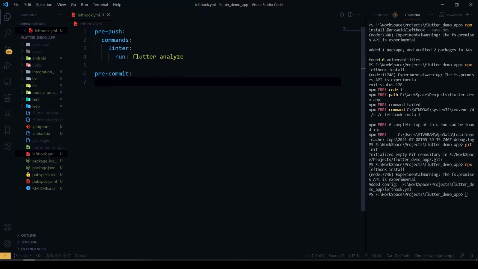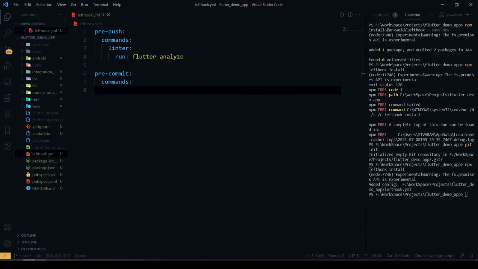Inside the commands, I'll write prettier. If you want to use prettier, you can just use it here.